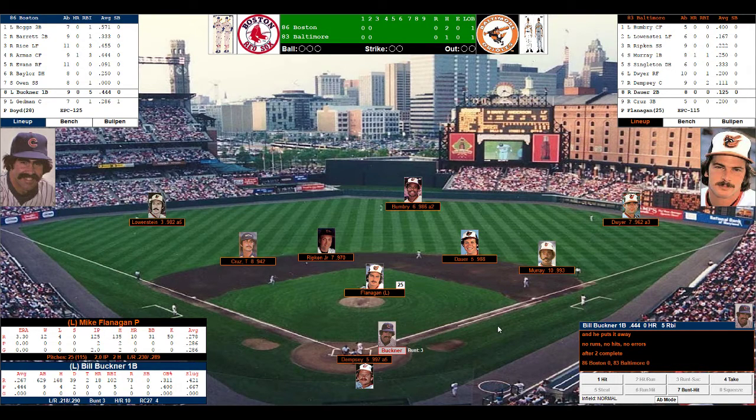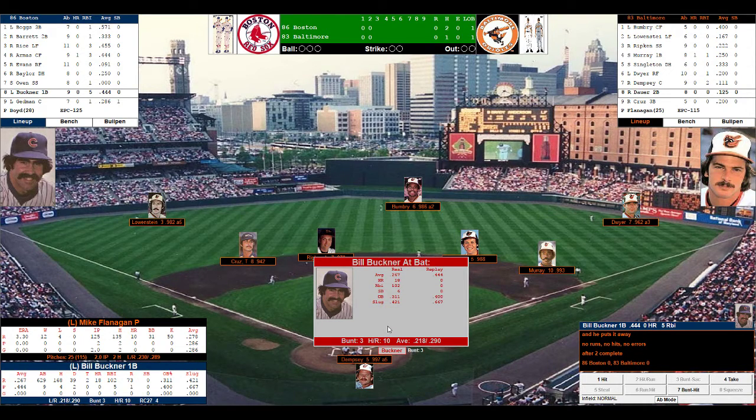Due up for the 1986 Red Sox, Billy Buckner, Rich Gedman, then the top of the order, Wade Boggs. So Buckner comes to the plate, .444 batting average, no home runs, 5 runs driven in so far in the first 2 games of this tournament. Billy Buck in '86 batted .267, 18 home runs, drove in over 100, he knocked in 102, and scored 73 runs. Off left-handed pitching, he only batted .218 though.